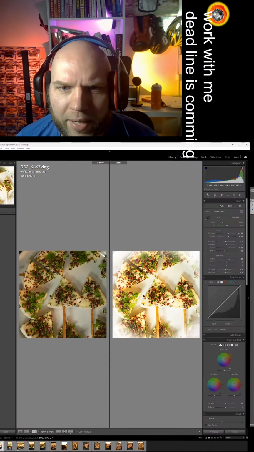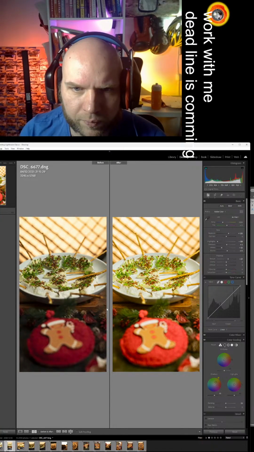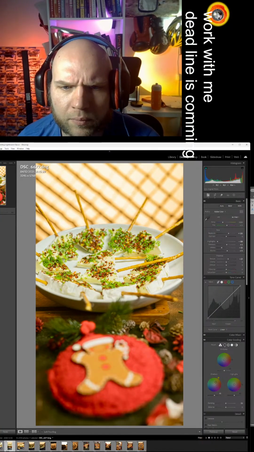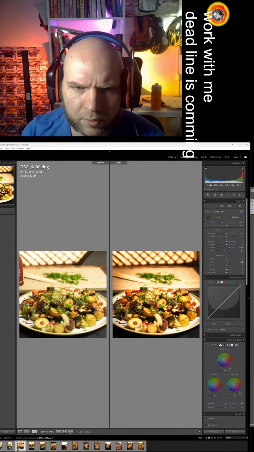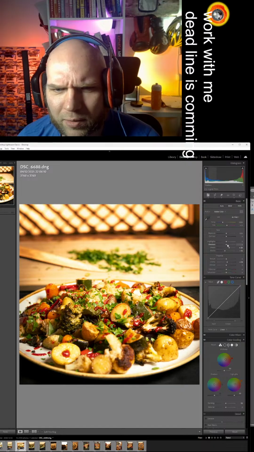Everything is lighter, brighter, more festive. This one is done, right? Yeah, this one is done. Maybe a little bit too dark. Let's make the shadows a little bit brighter.